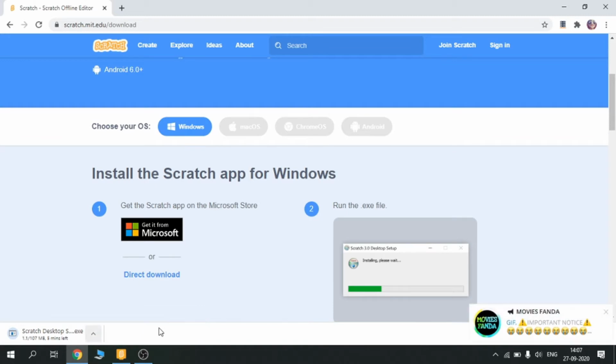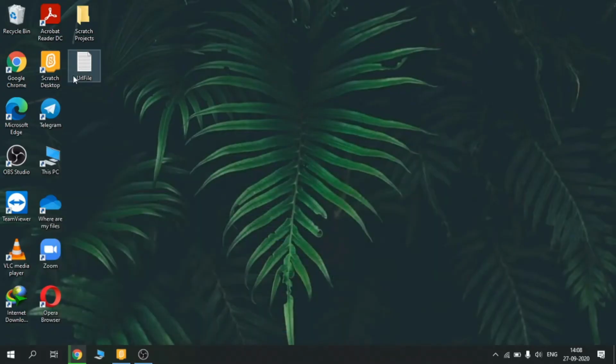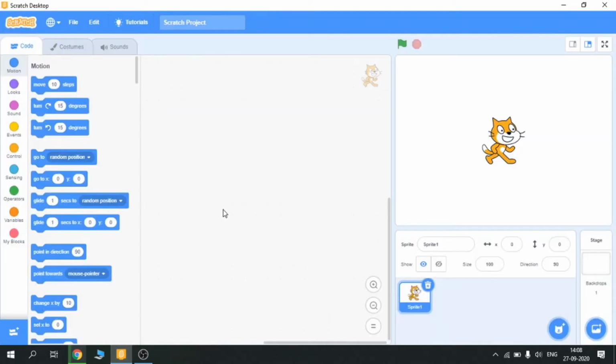It will start downloading, and when the downloading procedure is done, just finish the installation process, and then this Scratch icon will appear on your desktop screen here, and you can open it. So yes, this is the installation process, and when you finish it you can open your Scratch application.